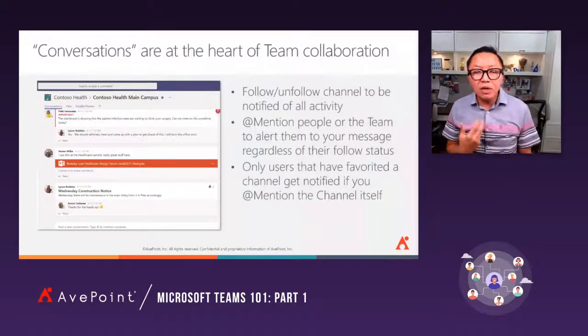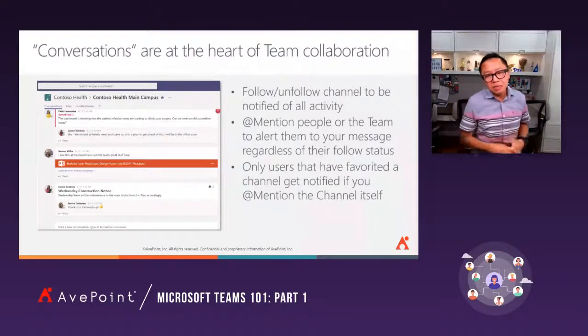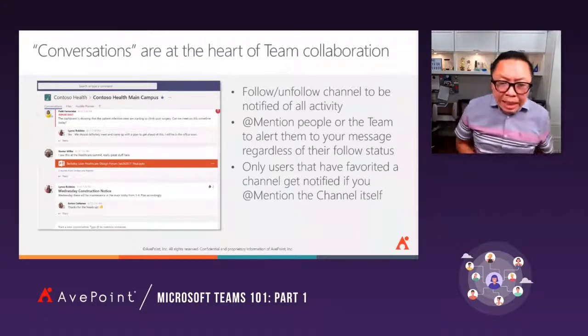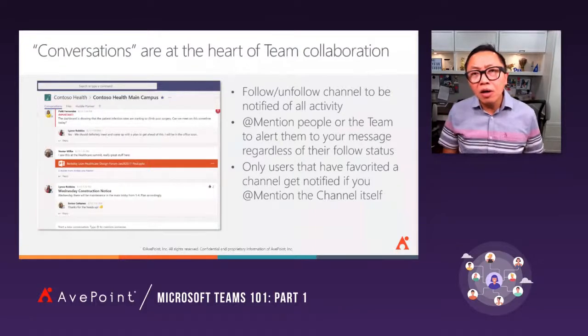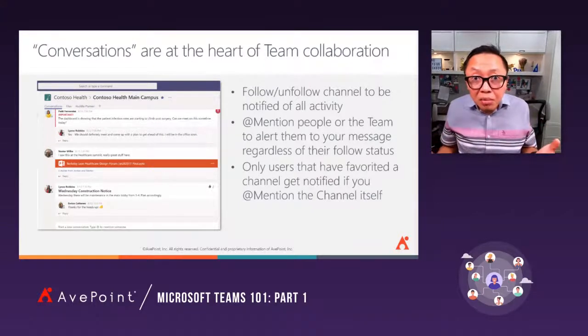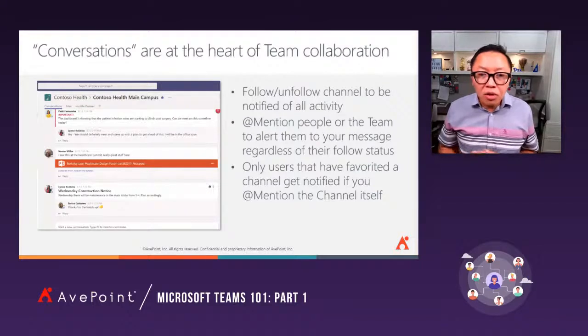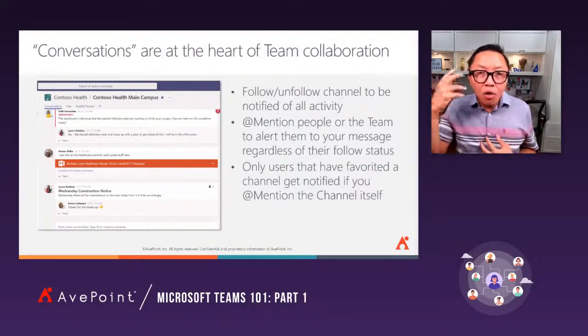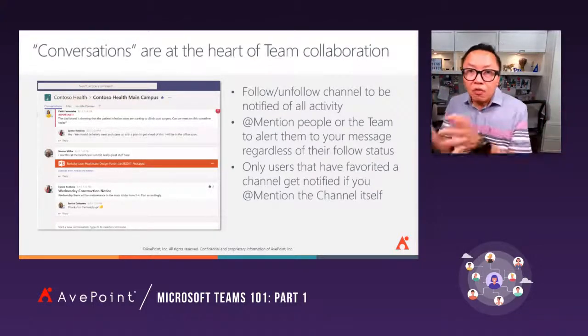Like I said, conversations are at the heart of the team collaboration. And some of you are also thinking, well, Dux, how can I keep up with all these teams and conversation? Well, let me ask you the same thing. How do you keep up with emails? Do you read every single freaking email? I don't, right? So we gotta have an open mindset to shift, right?